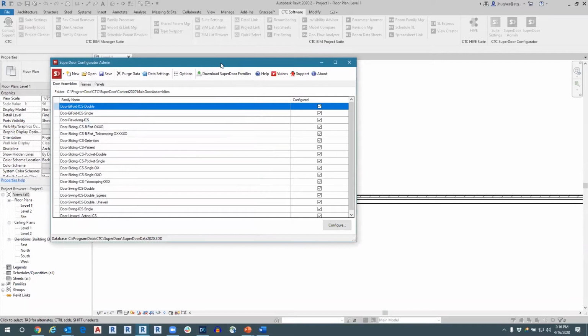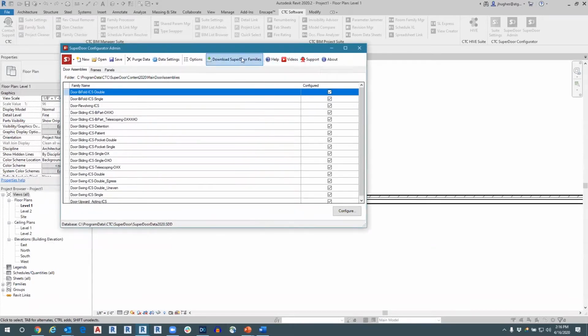At the top of every CTC tool, these panels, these tools, rather, at the top are going to be fairly continuous, so that you can get used to the different types of tools that you could engage with CTC. But every one of them, you do want to note up here, we've got a videos link, which will link you to the CTC website. So if you wanted to see a workflow to use Superdoor Configurator in maybe a way that you haven't seen in this demonstration, you've got the ability to follow up and see more video content